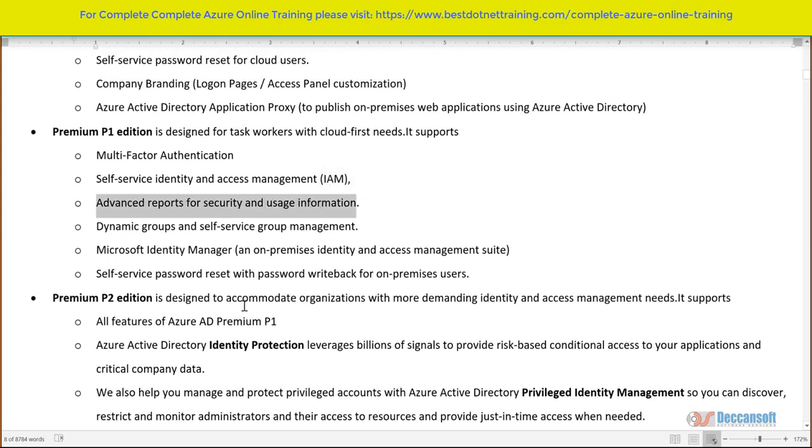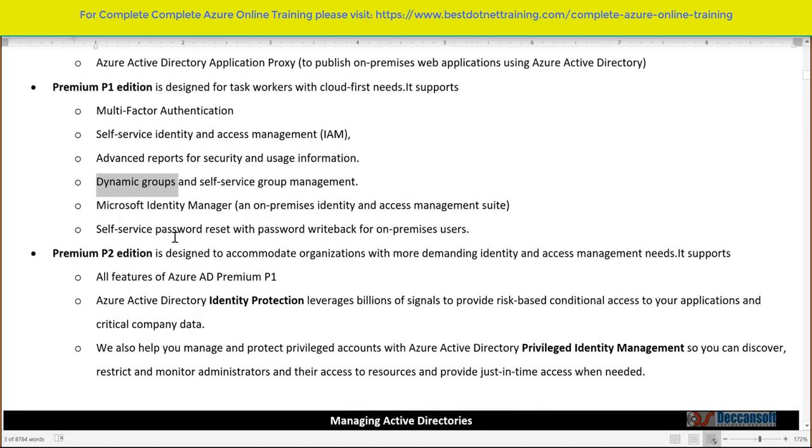Basic reports are available, but advanced reports are available only in premium edition. The usage reports, from which part of the world we have got how much traffic, all those reports are available. Dynamic groups and self-service group management: dynamic group is a feature which is available in premium edition. Identity Manager,